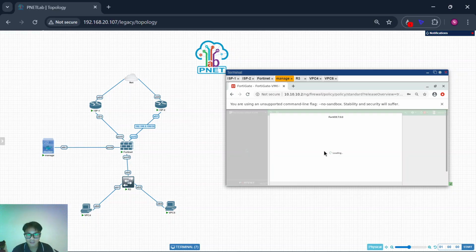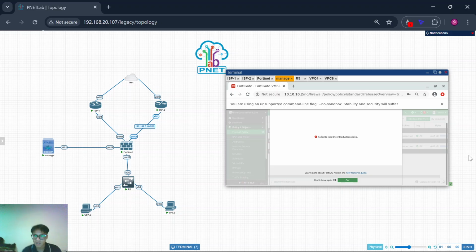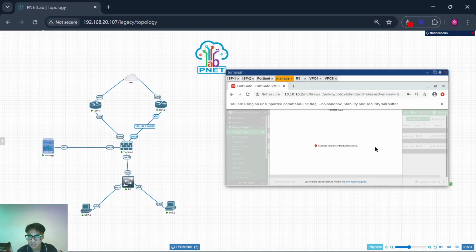Nah, you can see it. This is a GUI. This is layer 7, two applications, and layer 4 is the last layer for us. I don't like this touchscreen laptop, it's very difficult for me.